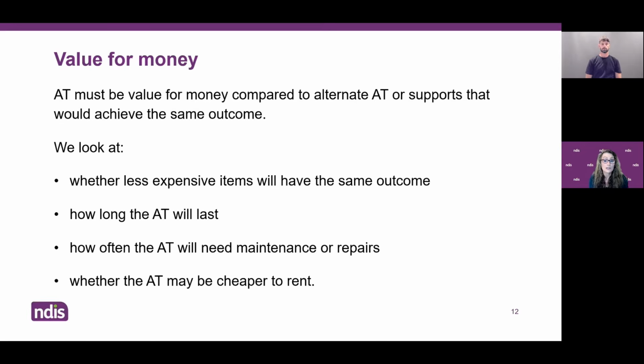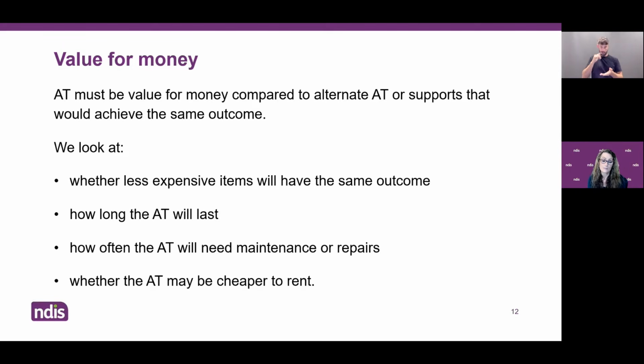The assistive technology we fund must be value for money compared to other AT or supports that would achieve the same outcome. We check the cost of the AT item to a price range in the market of a similar item. This helps us understand if the proposed item is more expensive than similar devices and services in the market. We use this expected price range alongside evidence provided to us to help us decide how much funding to include